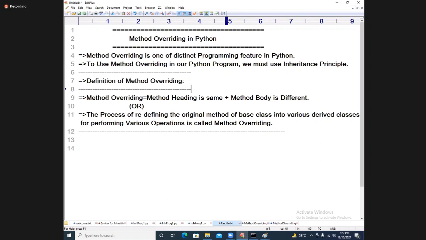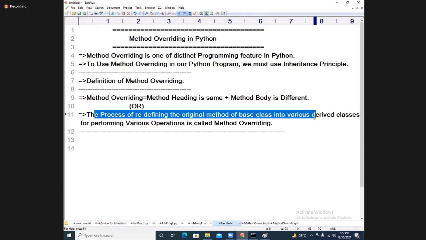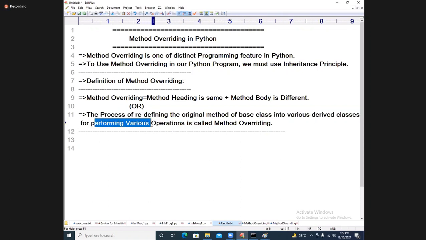Definition: method overriding is method heading same plus method body different. In another way, the process of redefining the original method of the base class in various derived classes for performing various operations is called method overriding.